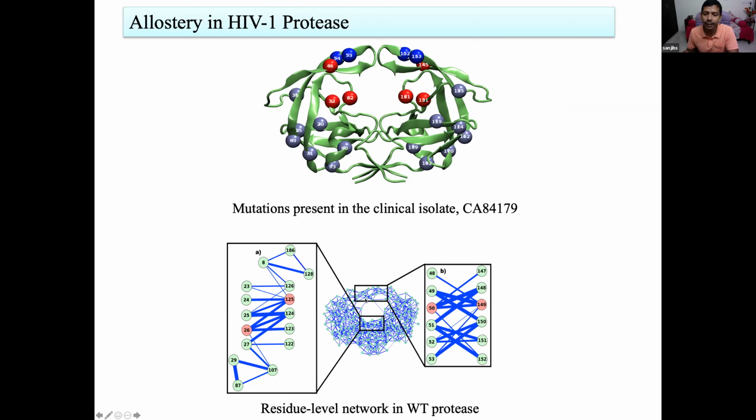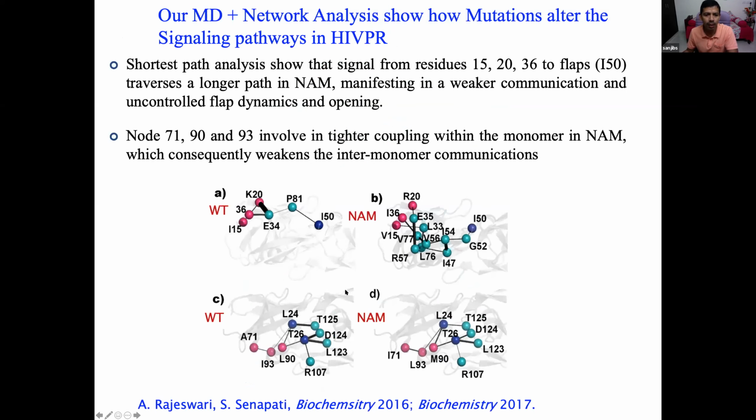So what we did was network analysis. In the network analysis, we look at the signal processing among the different residues. So this is a complex network of HIV protease. I'll keep this simple. What we found is a connection between some of the mutant residues and the flap of the protease. We found that in the wild type, the residues which are mutated are closely connected to the flap. The flaps act as a gate. The flaps open up to allow the drug to get in, and then again they have to open up to get